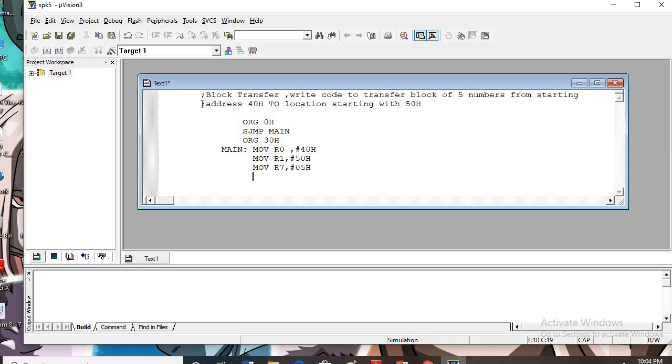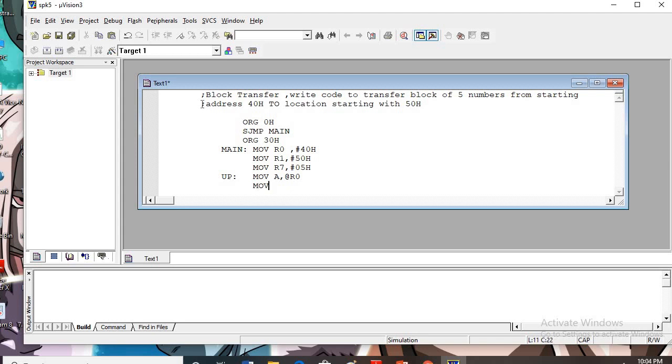This is my counter. Now I will write one loop so as to repeat the same block transfer activity. In direct addressing I am using @R0.